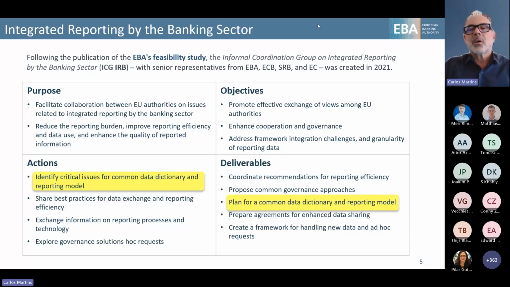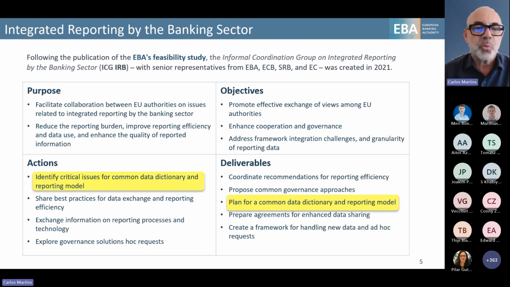I'm trying. Okay. So I was saying there is this mandate that covers basically all aspects of integrated reporting in the banking sector, but there is basically one specific aspect.